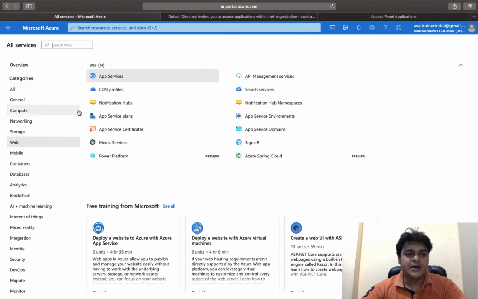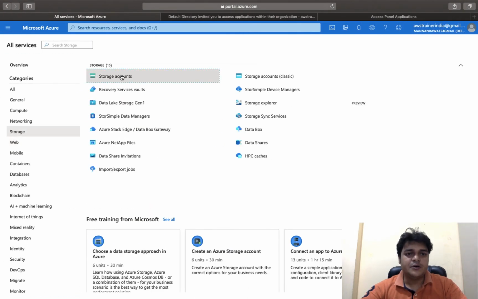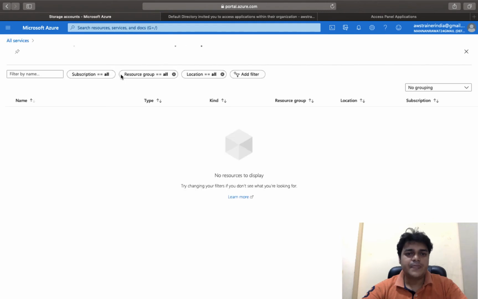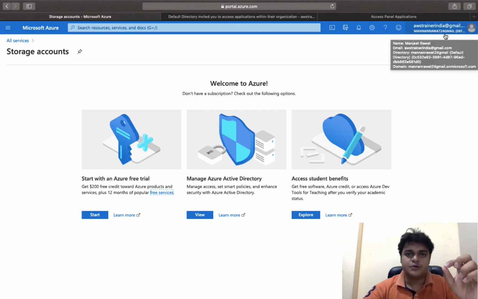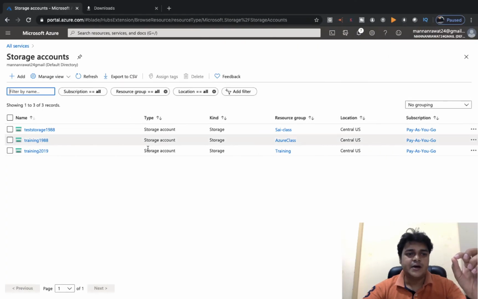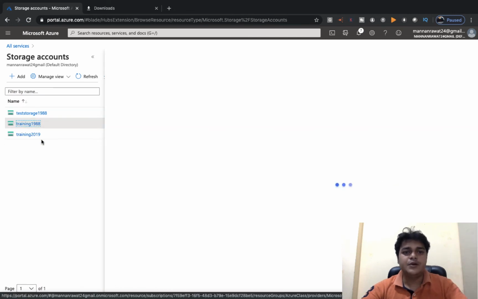I'm going to check here. Go to the storage account, and there are no storage accounts available, right? And it displays a message to please purchase a subscription. So this is part of our other user account, the pay as you go user account. So I'm going to share the resource from our pay as you go user account to our new user.